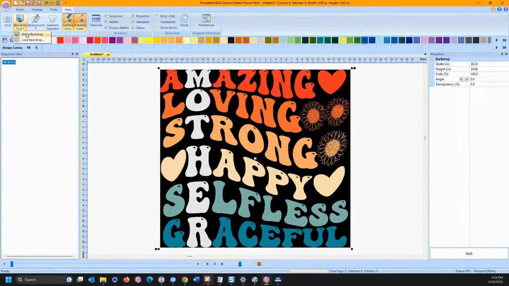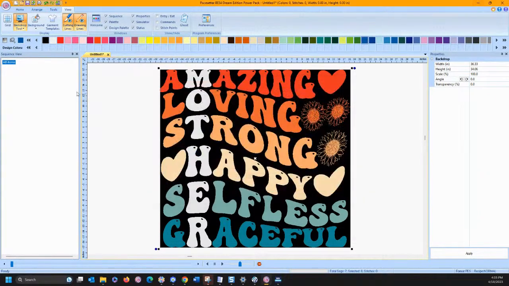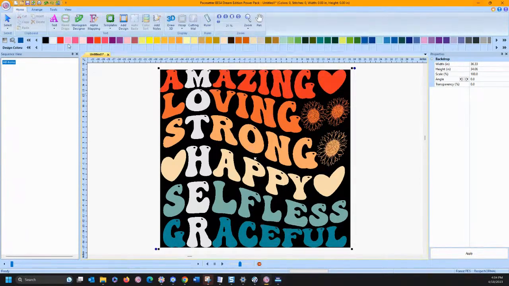So if you choose backdrop tool, load backdrop, this is another one out of Creative Fabric. There it is. Open it up. So I thought you could use this as a cut file, but I thought this would actually be kind of fun as an embroidery file as well. So